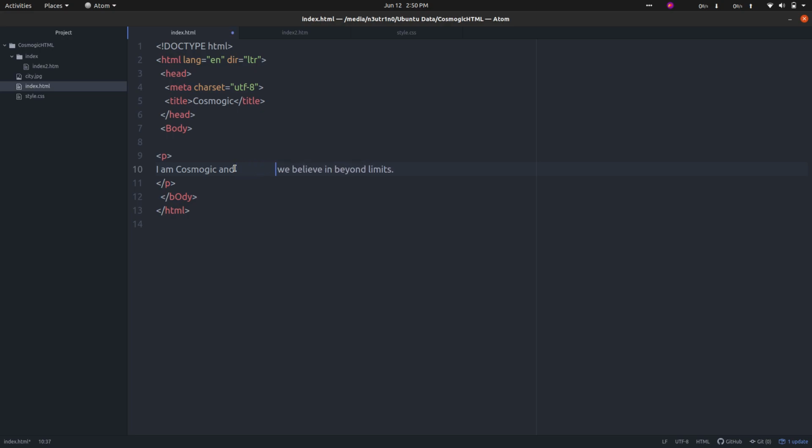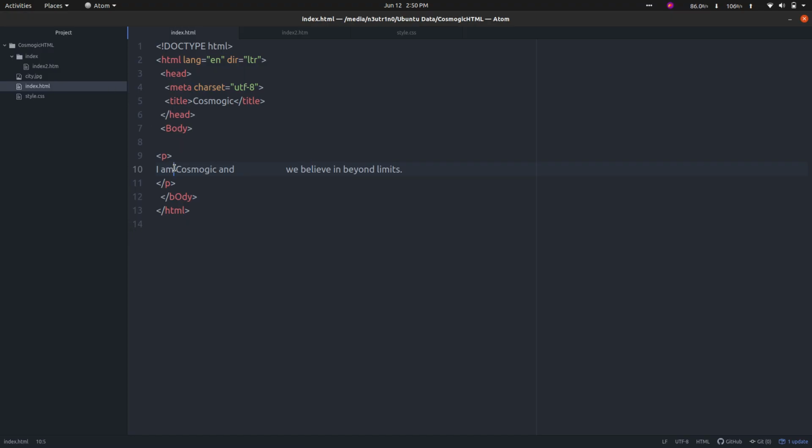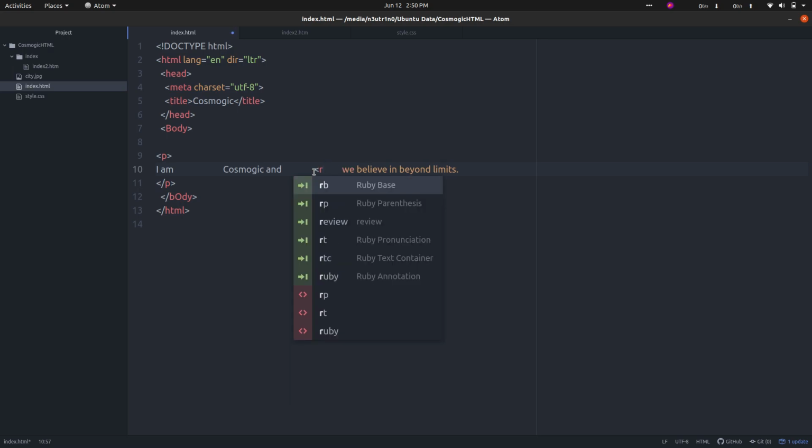If I want big spaces here, do you think the browser will render it as it is? Let us see. No, in the paragraph tag or any other tag, the browser will automatically remove the extra spaces in the text. Like if I increase the extra spaces here, or I want to break to the next line, I will simply use the break tag.